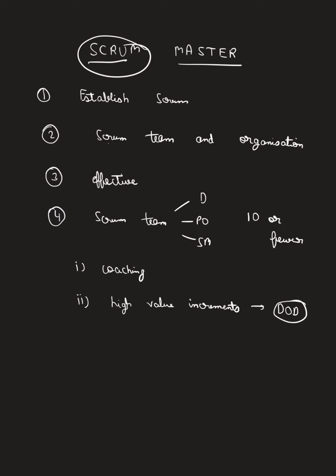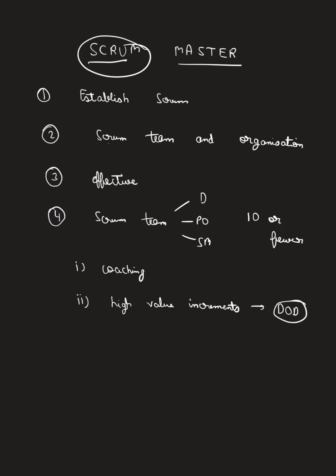Example, let's say you are making a sign up feature. You need to develop it, and you need to completely run automation also. This is the criteria which is there in your organization. So this is the definition of done. Definition of done is different for different organizations, and at times even for different teams. It could be the organization standard. If there is no organization standard, then the Scrum team needs to create their own definition of done. I hope you are able to understand the definition of done.